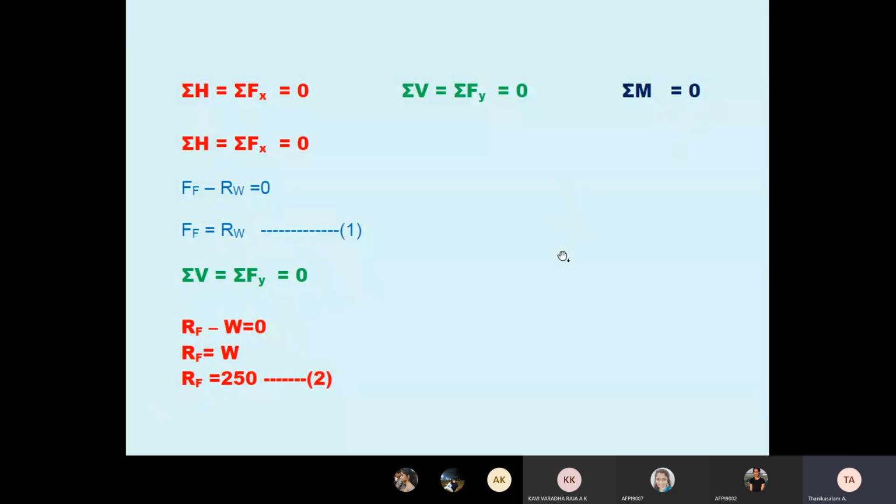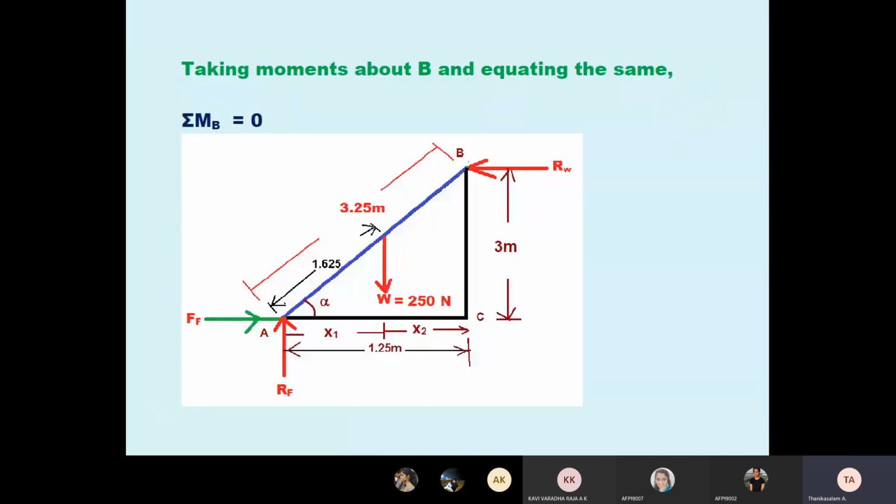So M equals 0 means what? Moment, no? The net moment. Here, before taking moment, you must calculate all the distances. Already we calculated the BC distance. Then the weight acts perpendicular down, so we need X1, X2, the balance distances, and the angle also. So before solving, you calculate all of these.